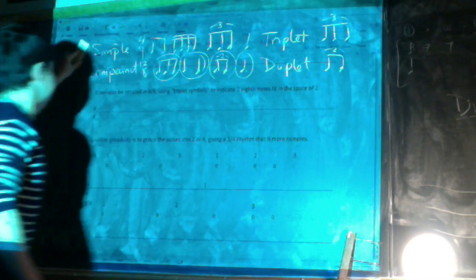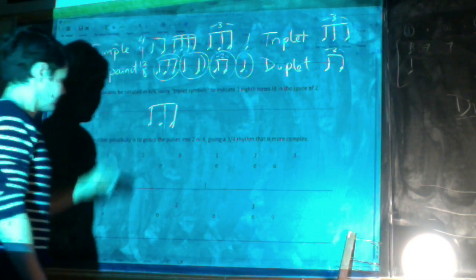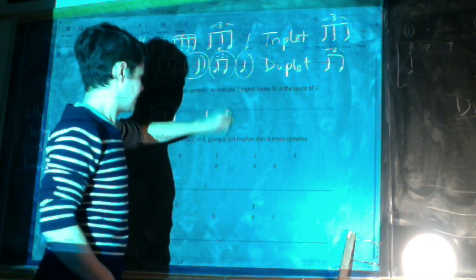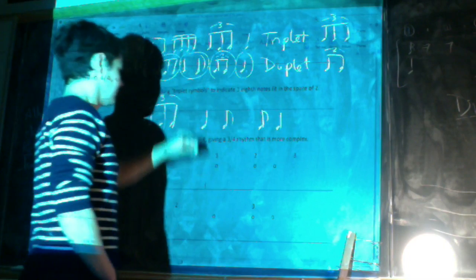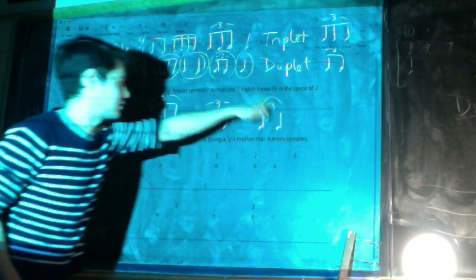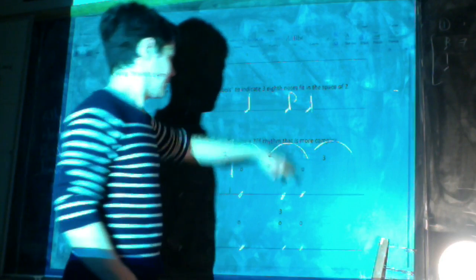So for triplets, in the same way that if you have 1, 2, 3, and you need to put a triplet over it, if you have 1, 2, and 3, you could also put a triplet over that as well. Okay. Triplets can appear like this, or with a line right over the 3. Sometimes it's just the number 3. So in this case then, I put in the notes, so we'll just use this one bottom here. So wherever we have a note, we're going to put a note head,